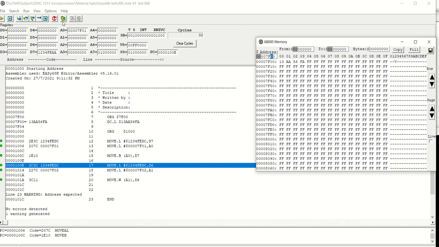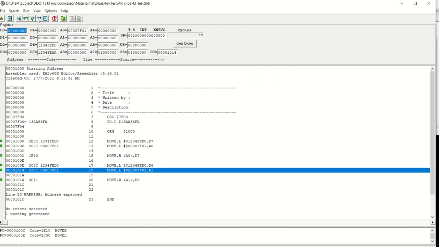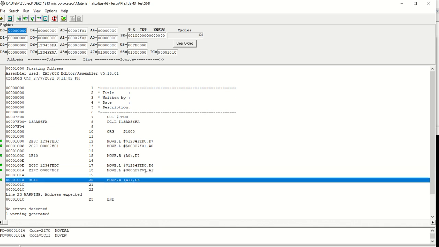We execute. We can see D6 is 1234FEDC, and A1 is 7F02. And then the last execution. You cannot see the changes on A1, but you need to see D6: FA.